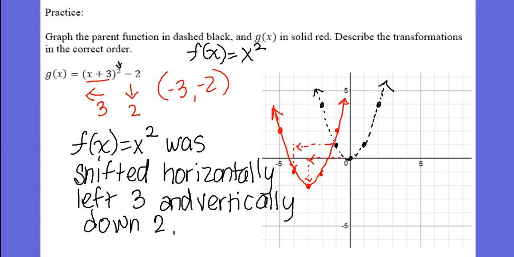Okay, so that's the end of today's notes. That's about as complicated as it gets. Make sure you do your